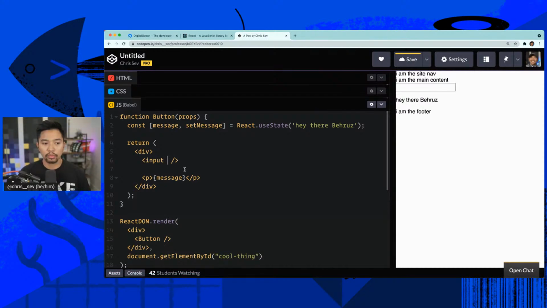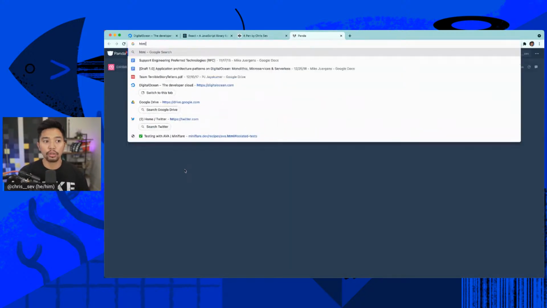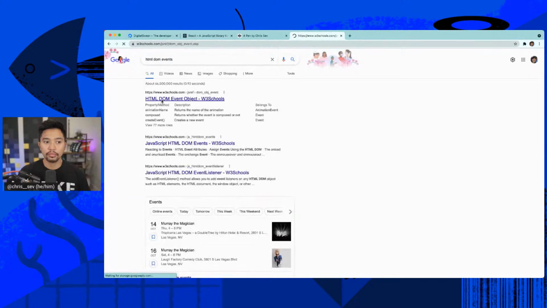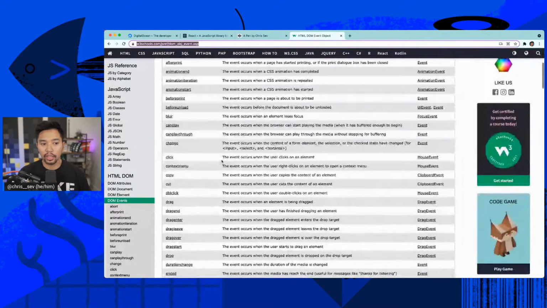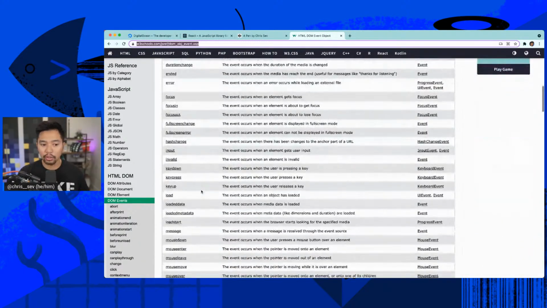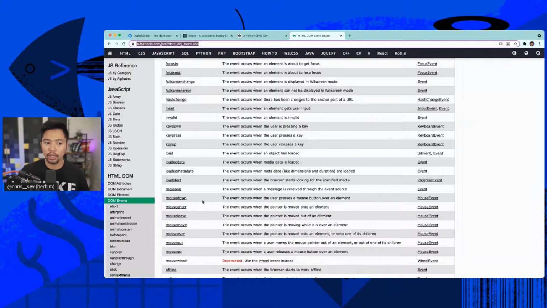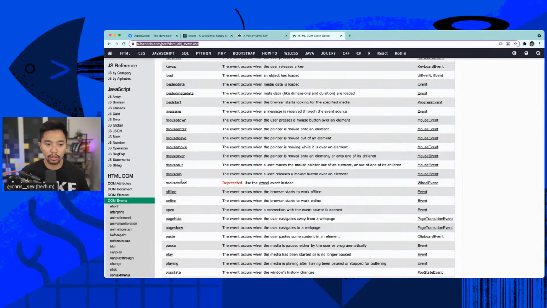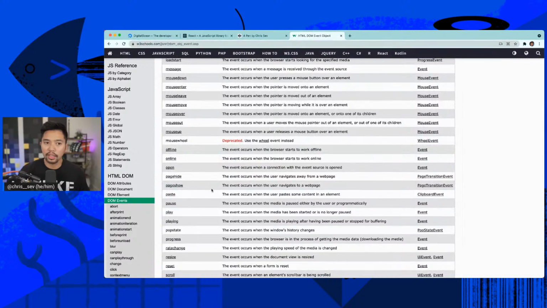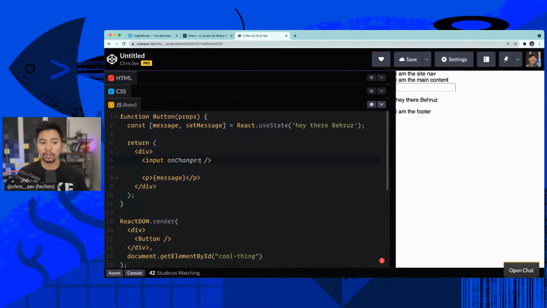And now, let's say we have an onClick, but we don't want the onClick event because an input isn't really something you click to interact with. It's more of a type into it, and to do that, we're going to do onChange. And if you're wondering what HTML events you can use, you can look up HTML DOM events. If you scroll down, there's click, there's drag. You can just prefix these with on and attach it to an element. There's drag, mouseover, which you'd probably use, mouseenter, which is essentially hover. There's mousewheel, oh, that's deprecated. So onPlay, all of these things you can do with React. So we're going to do onChange is equal to